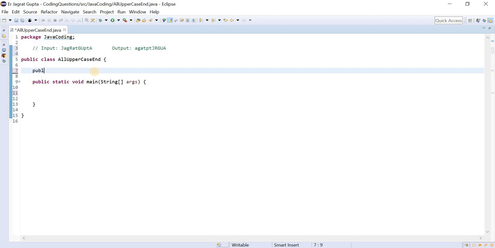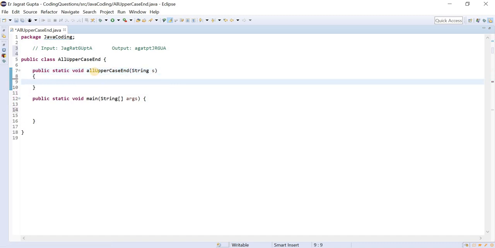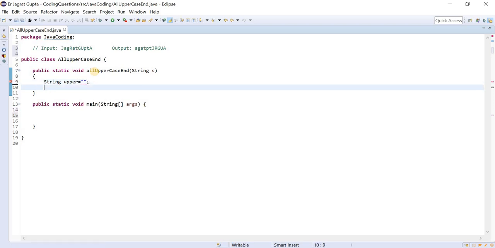Okay, so public static void, and let me create a method allUppercaseN. This is my string that I passed as the parameter. As I told you, in the first step I will assign a string variable for upper and one for lower.